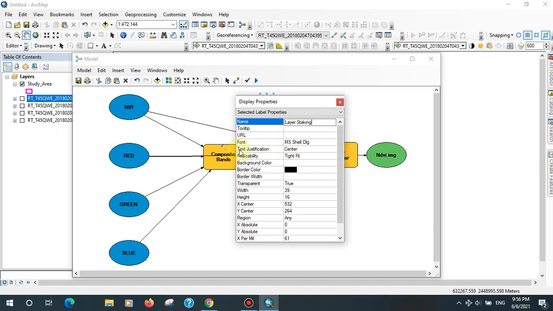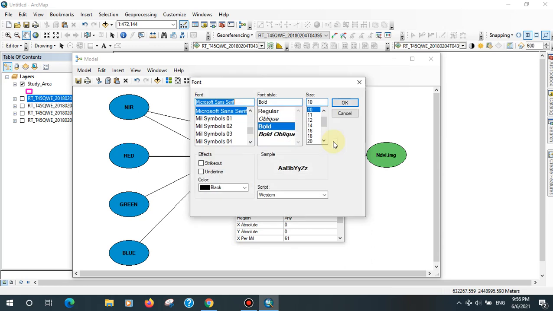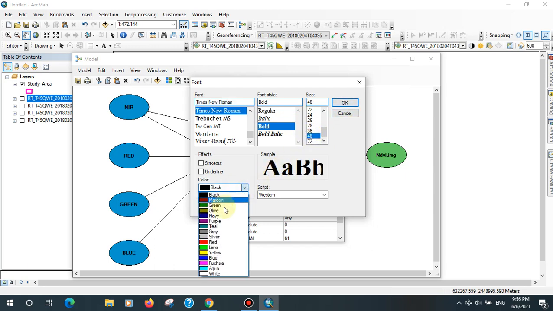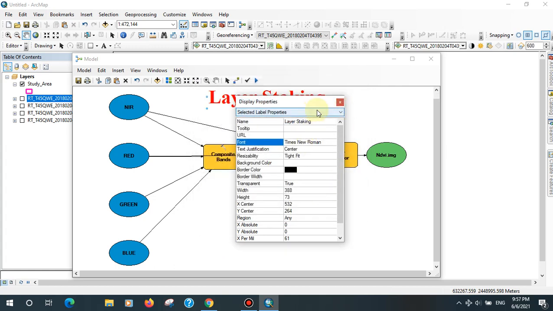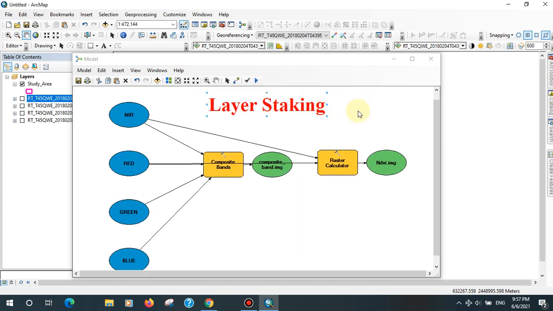Okay, now go to font, use Times New Roman, or whatever format you want. Then go to size, color also. Now you can see the name of the label, layer stacking.